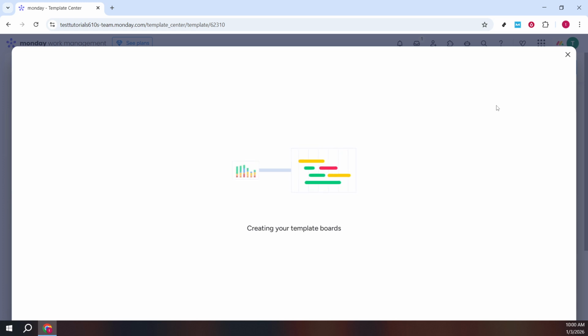After the board is created, it's time to make your edits. Rename the board to match your project or team, update the group names to mirror your process stages, and adjust columns so they track what matters most, like status, owners, dates, or numbers. Remove fields you don't need, add new columns if something's missing, and tidy up views so your team can find